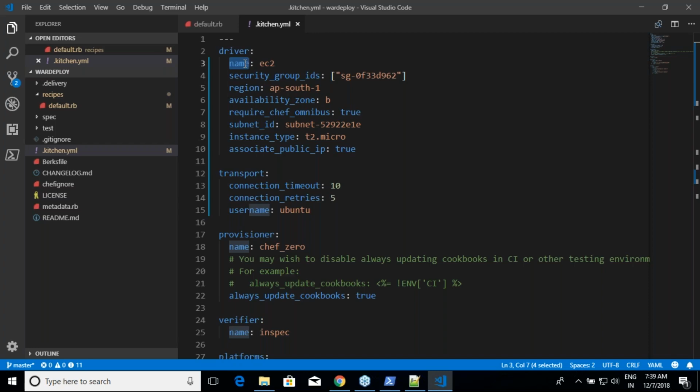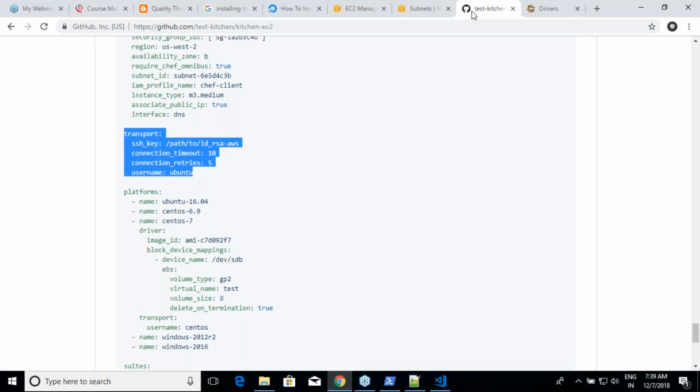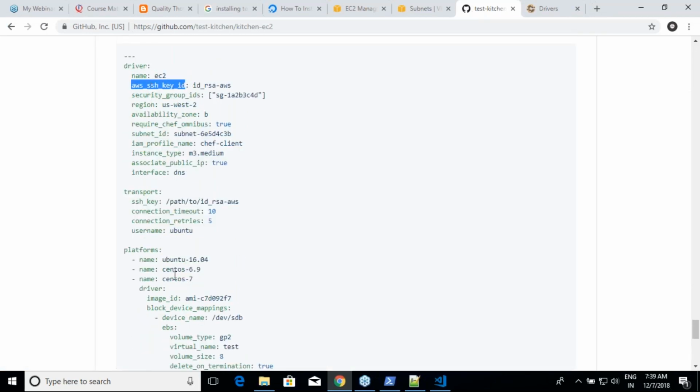When you come to this structure, there are multiple keys. You see the AWS SSH key ID and the SSH key, and I'm not passing them, because I have read the documentation. If you don't pass them, Kitchen will create them for you. If I want to use my own keys, then I will pass those details. You get to know this either by experimenting or by reading the documentation. If you don't read the documentation and try to understand these things, it is not going to happen, because there are 1001 combinations in that. Am I clear on this?